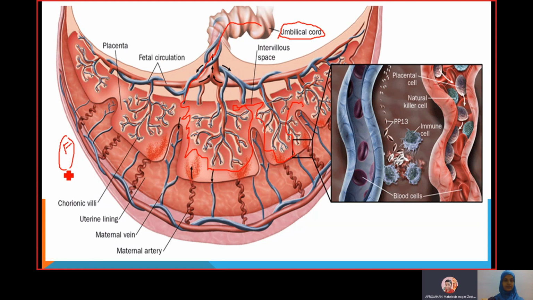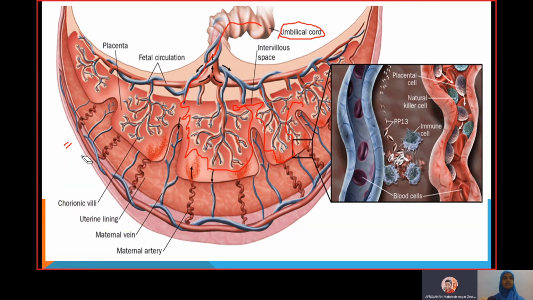From the fetus, the first lining, the first epithelium, will come and form small branch-like structures. It forms villi-like structures. These villi we call chorionic villi. The chorionic membrane forms the villi inside the mother's uterus. In the uterus lining, these chorionic villi extend. Here, the white colored part is the chorionic villi. In these villi, fetal blood vessels are embedded. They are pushing inside, and from this they will take the nutrients.